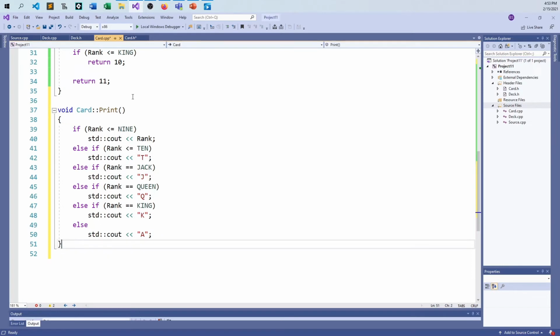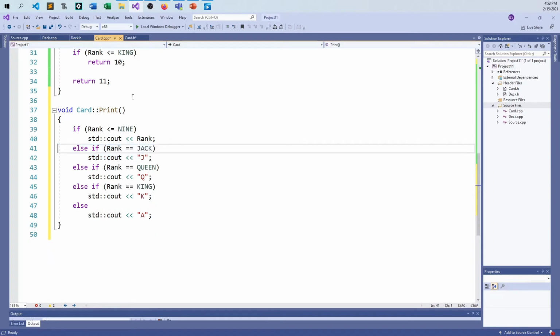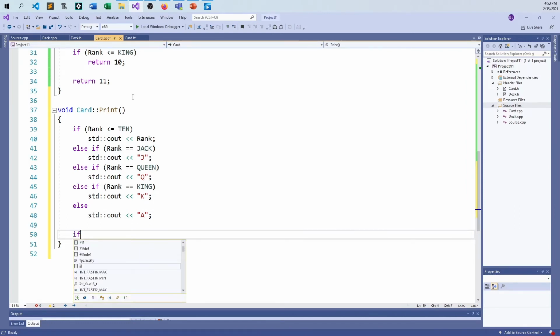I just don't want it to be weird. Okay, so, or is it more weird? Well, I'll just put it back, just so you know I get OCD about these things. Okay, so I'll just put this back how it is. Okay, so 10, Jack, Queen, King, Ace,